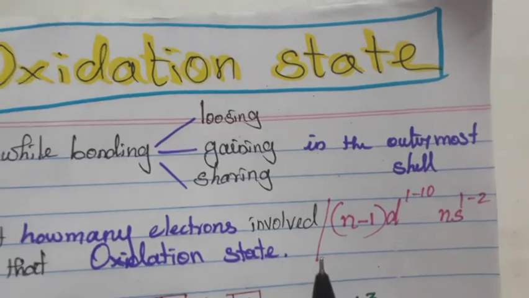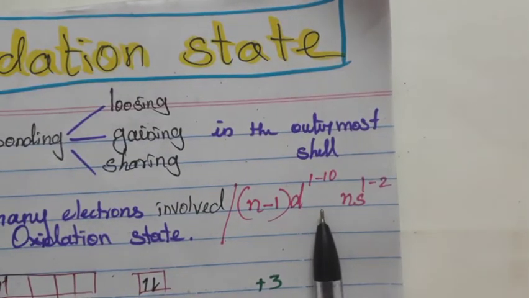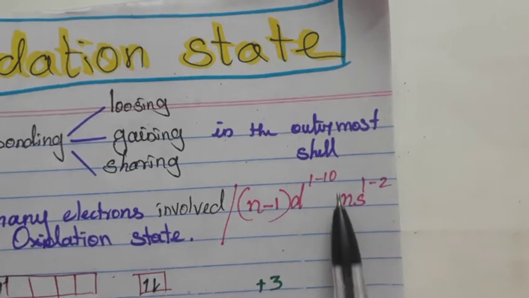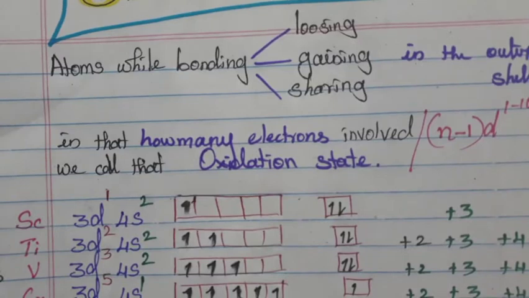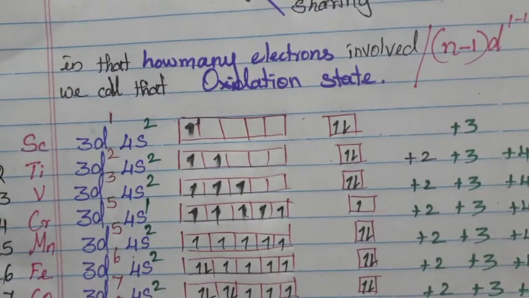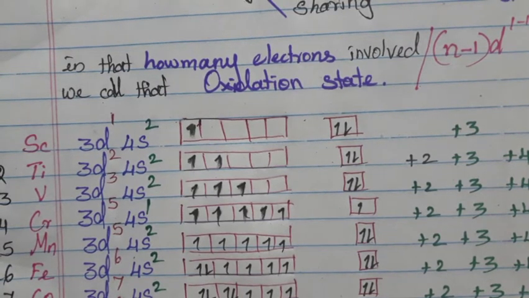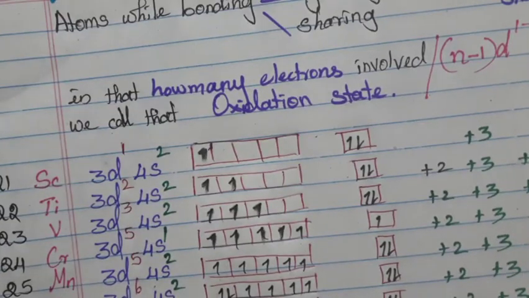Here, this is the outermost shell in the d1 to 10, ns1 to 10. Usually we see transition elements are half filled. But now in transition elements